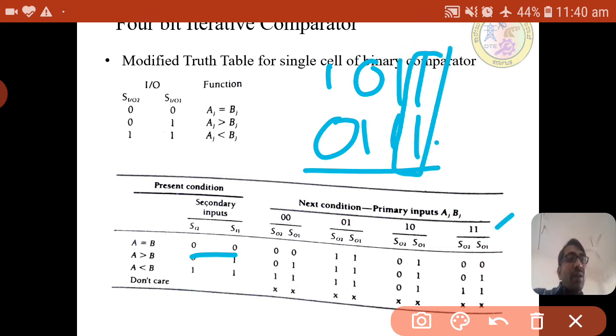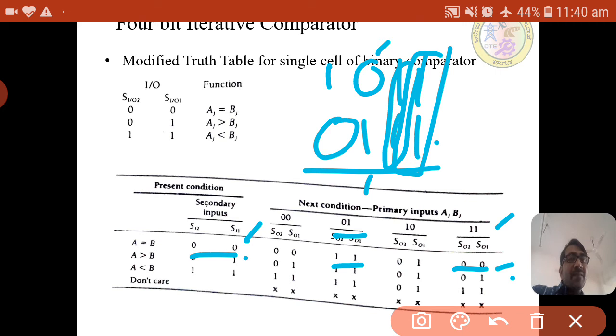If the input is 1 1 and the secondary input is 0 0, because both inputs are equal, the secondary output will also be 0 0 only. Again the second secondary input is 0 0, the next pair is 1 1, and again the secondary output will be 0 0. Then if you come to the third cell, the secondary input is 0 0, but the primary input is 0 1. 0 1 means for this cell the output is 1 1.